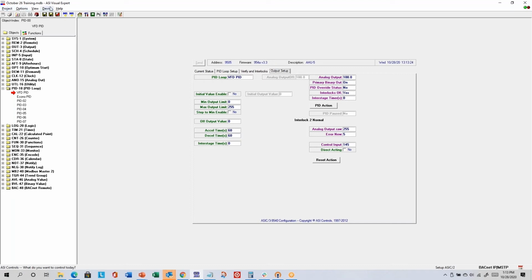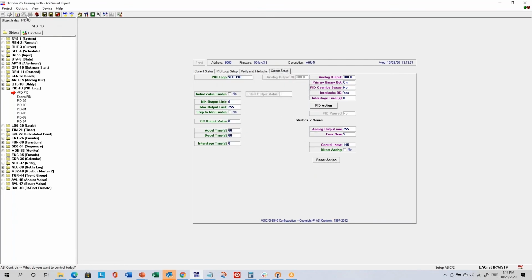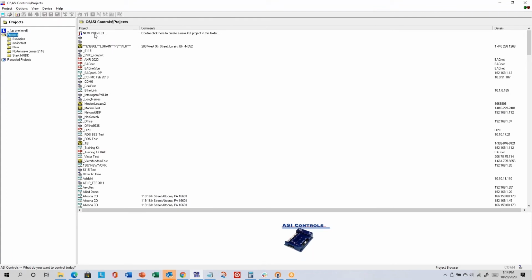So going through the menus, a lot of the menu items have toolbar icon equivalents, but Project New lets you create a new project. I don't usually use that because when I want to create a new project, I usually just start in Project Browser and double click here to create a new project like it tells you to. Open lets you open a project, and so the files you can expect to see when you're working with